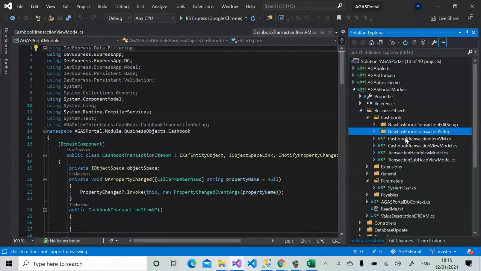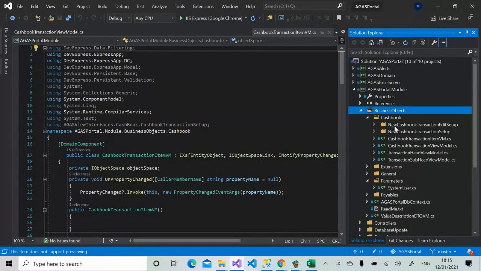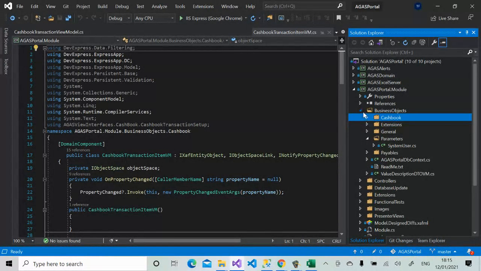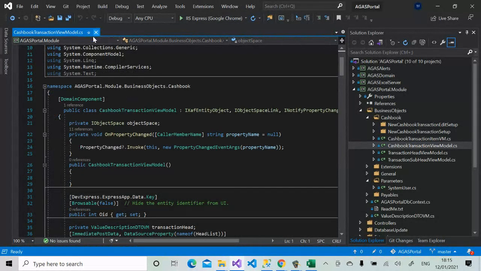So you can see that everything, at least under the business object side, because this is where you define your business objects, whether they are non-persistent or they are persistent, they must be located inside this folder. So on the business object side of things, this implementation we want to do is going to reduce 7 files into just 1. So that is one of the advantages of this current design. So now that we have finished the design,